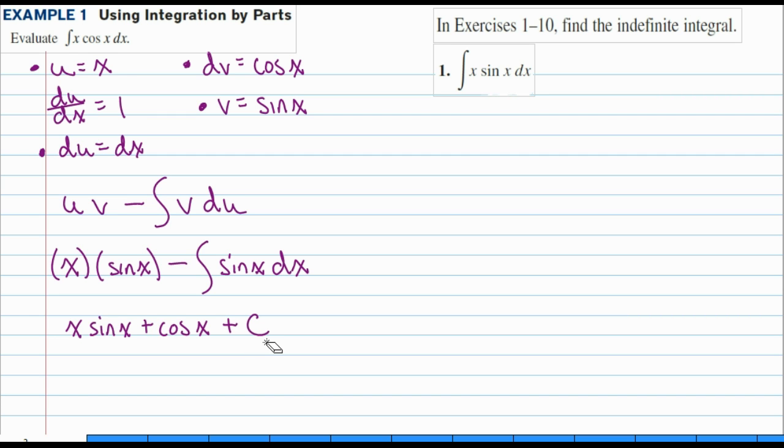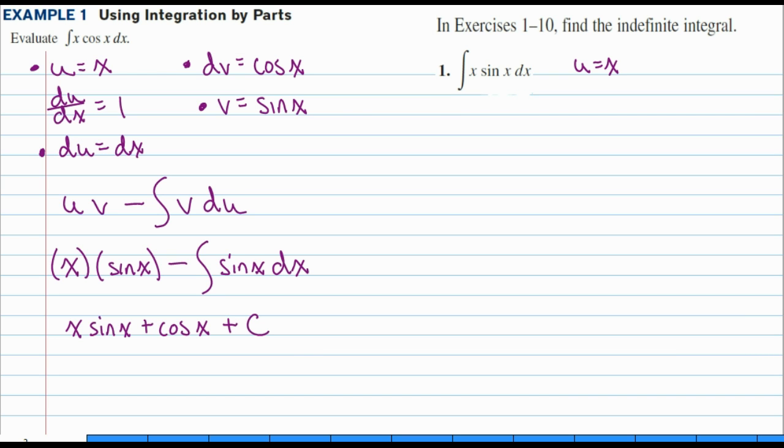Now try problem number 1, which says find the indefinite integral. So again, it's a very similar situation to the example. I have two functions being multiplied by each other. Neither one is related to the other by a derivative. I think I'm going to use integration by parts. One of them is going to be u, one of them is going to be dv. I'm going to take the derivative of u, so I want that to be something that would make life a little easier, would kind of go away as I take the derivative of that. So I'm going to make u